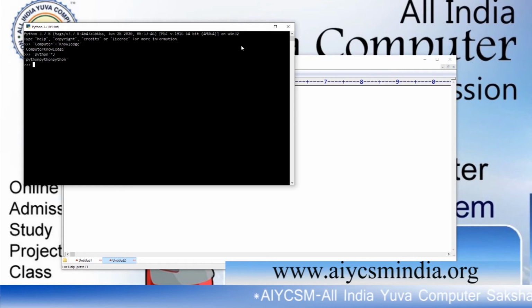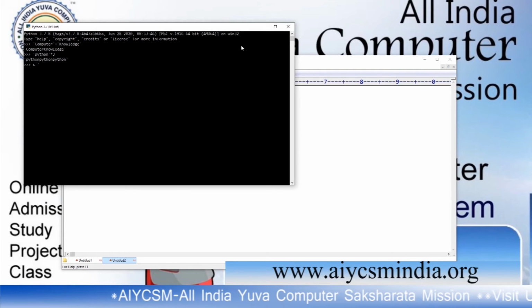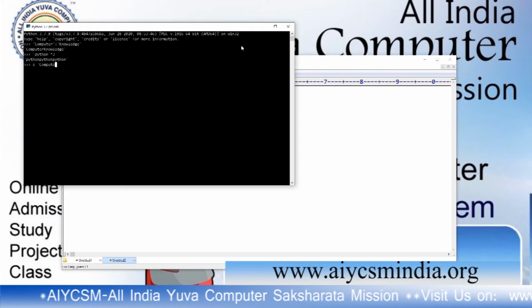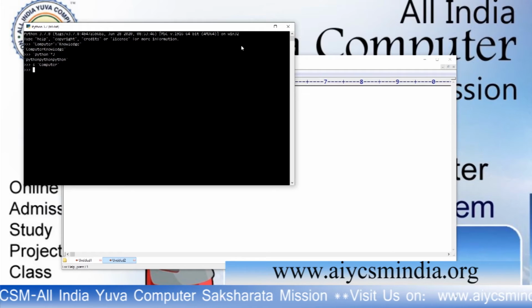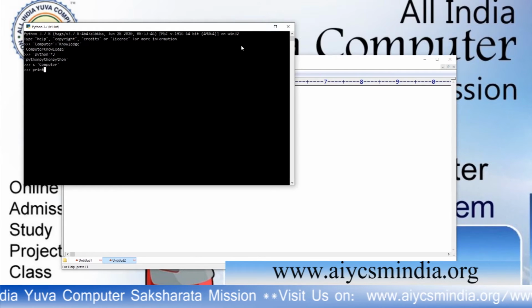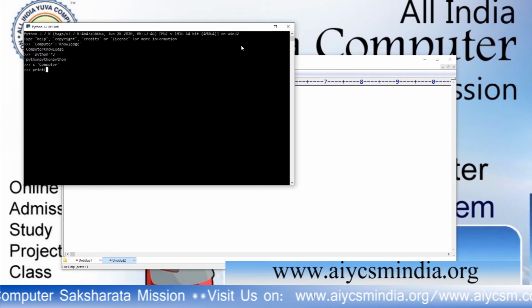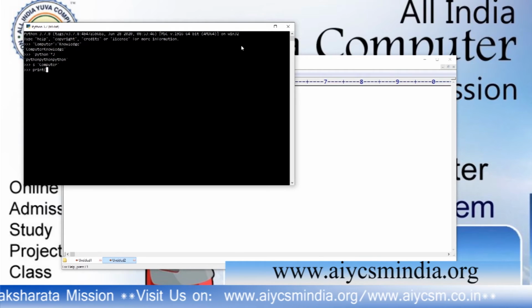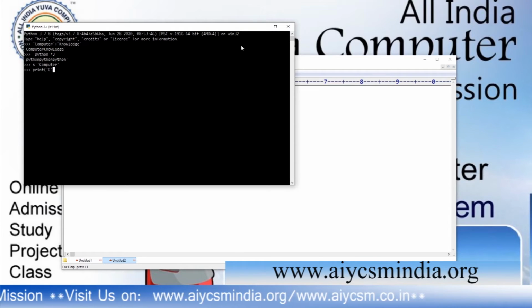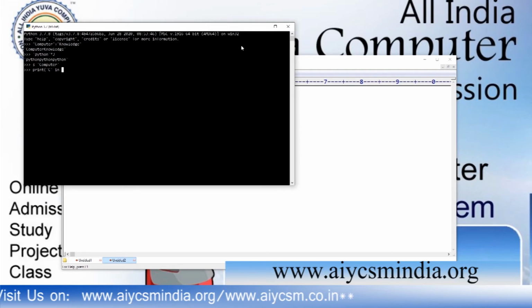Now we have a string computer, and if you want to search, print C in S, it will return true.